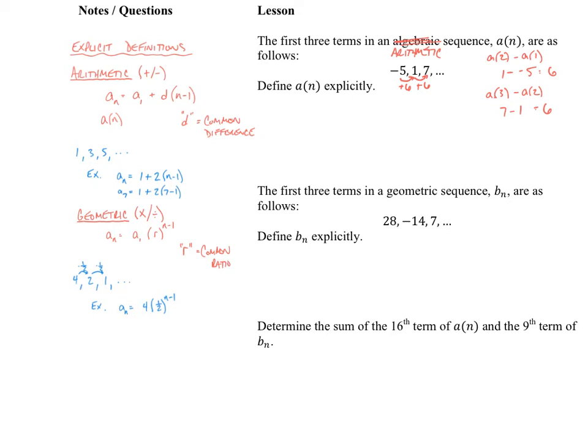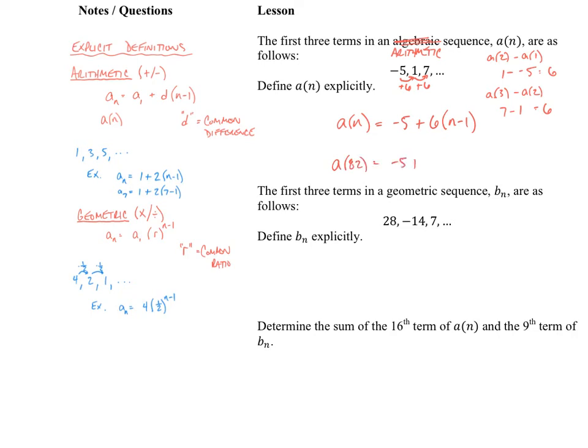All right, so now I can define A of n using my arithmetic sequence explicit definition formula, which is right here. It says that if I want to define this thing as A sub n or A of n, and I'm going to use A of n because that's what they told us to use, I need the first term, which is negative 5, plus the common difference, which is 6 times n minus 1. And that's it. Done. So if I did want to find term 82, all I'd have to do is plug